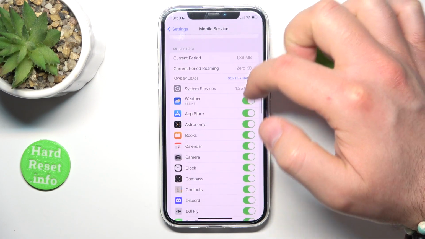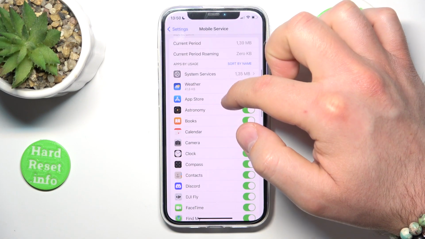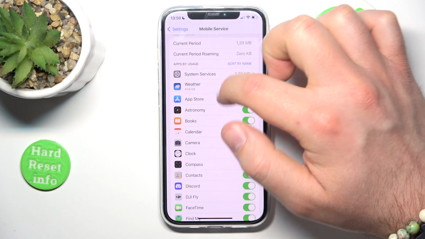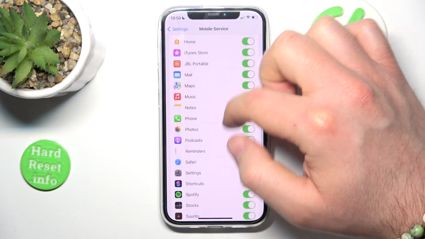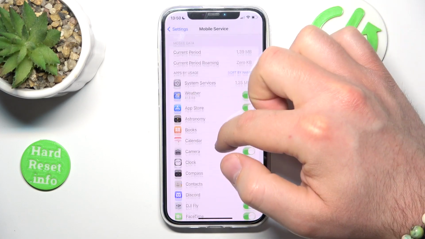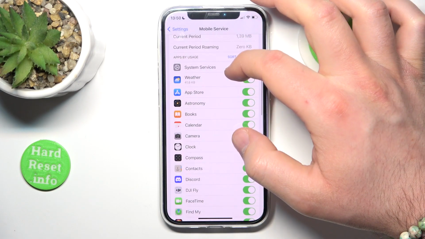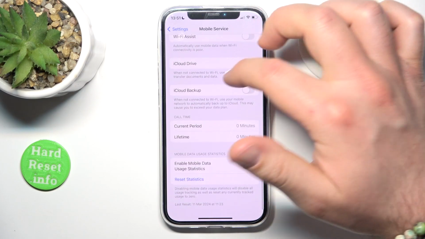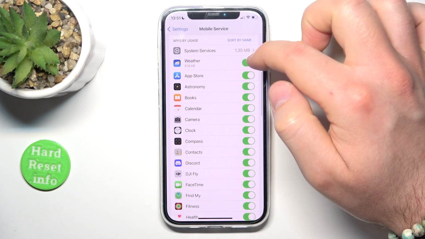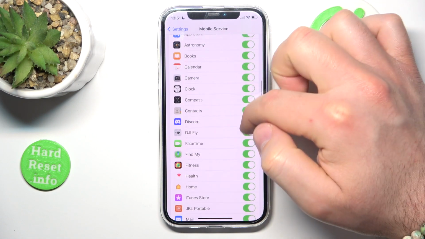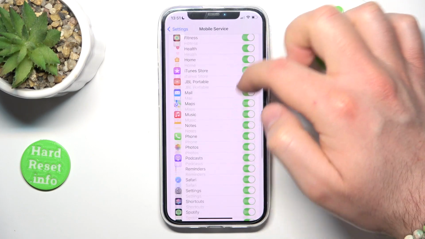if you swipe down a little bit, you're going to find your current period of usage and also apps by usage of the period. So as you can see, only my system service has something, and weather, because I have reset it today. So as you can see, you can turn off specific apps from using your